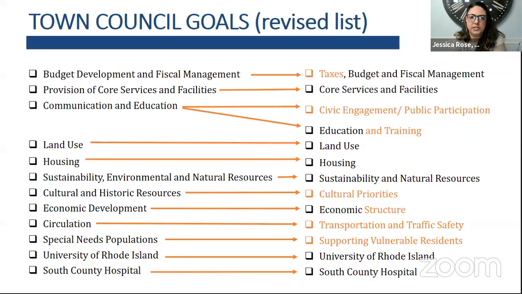So Jess Rose here. I did raise my hand, but I'll lower it. I would like to consider putting something, sorry, I've got kids talking in the background. I'd like to look at what policing looks like in South Kingstown and what we picture that being in both the short term and the long term.